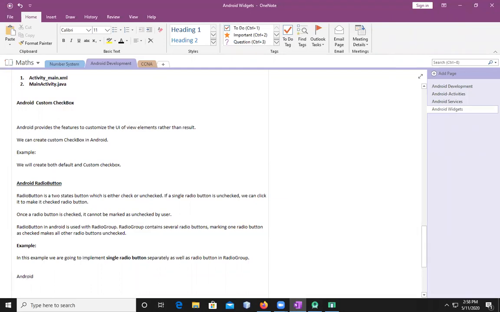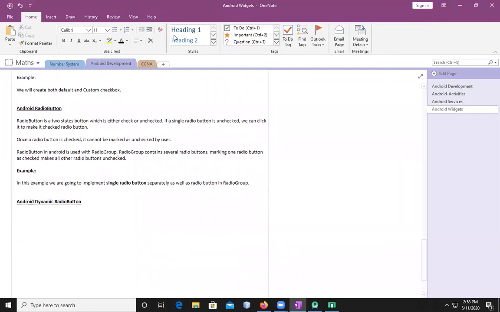Android dynamic radio button. So instead of creating radio button through drag and drop from the options that we do have, Android is going to also provide you the option to create the buttons programmatically. So there are 2 ways that I have told you. You can even drag and drop the